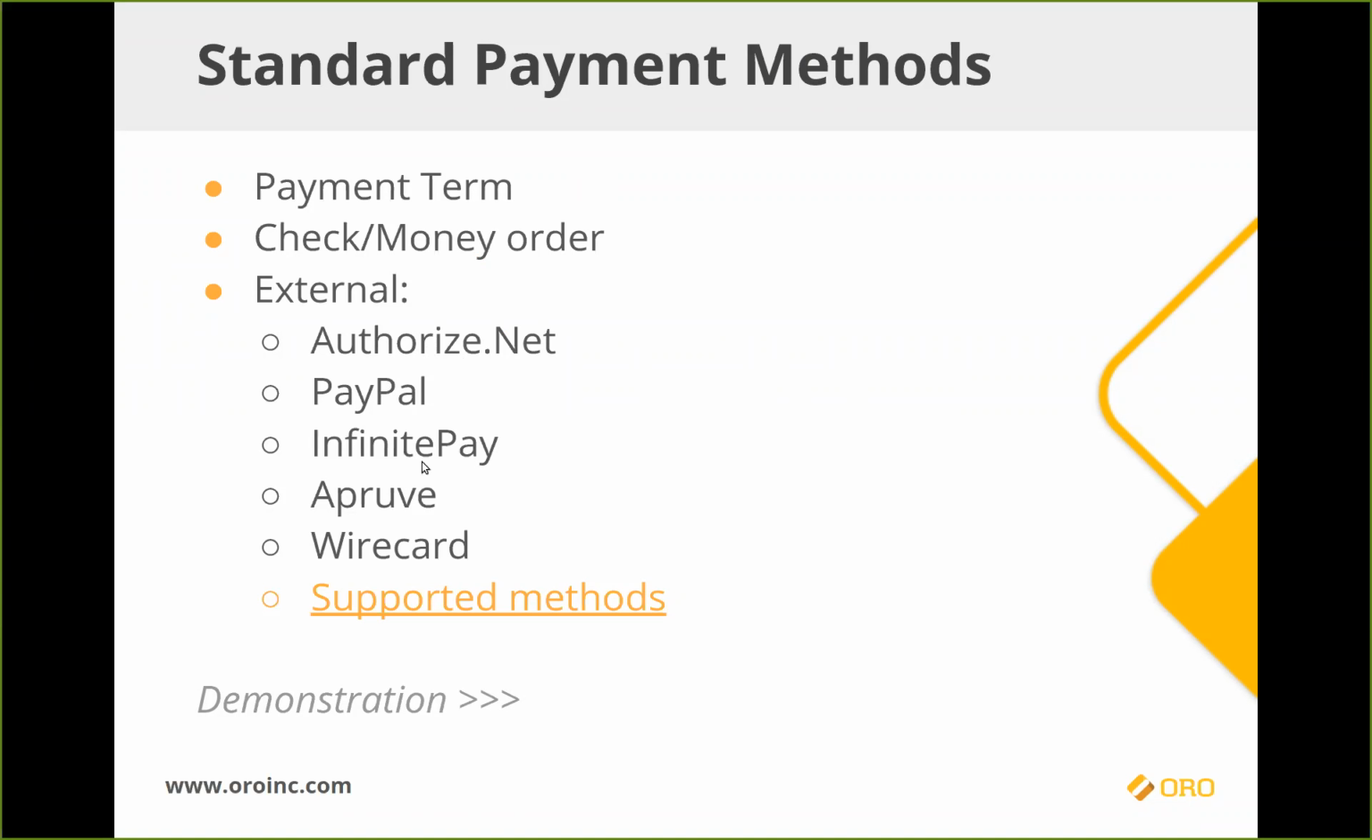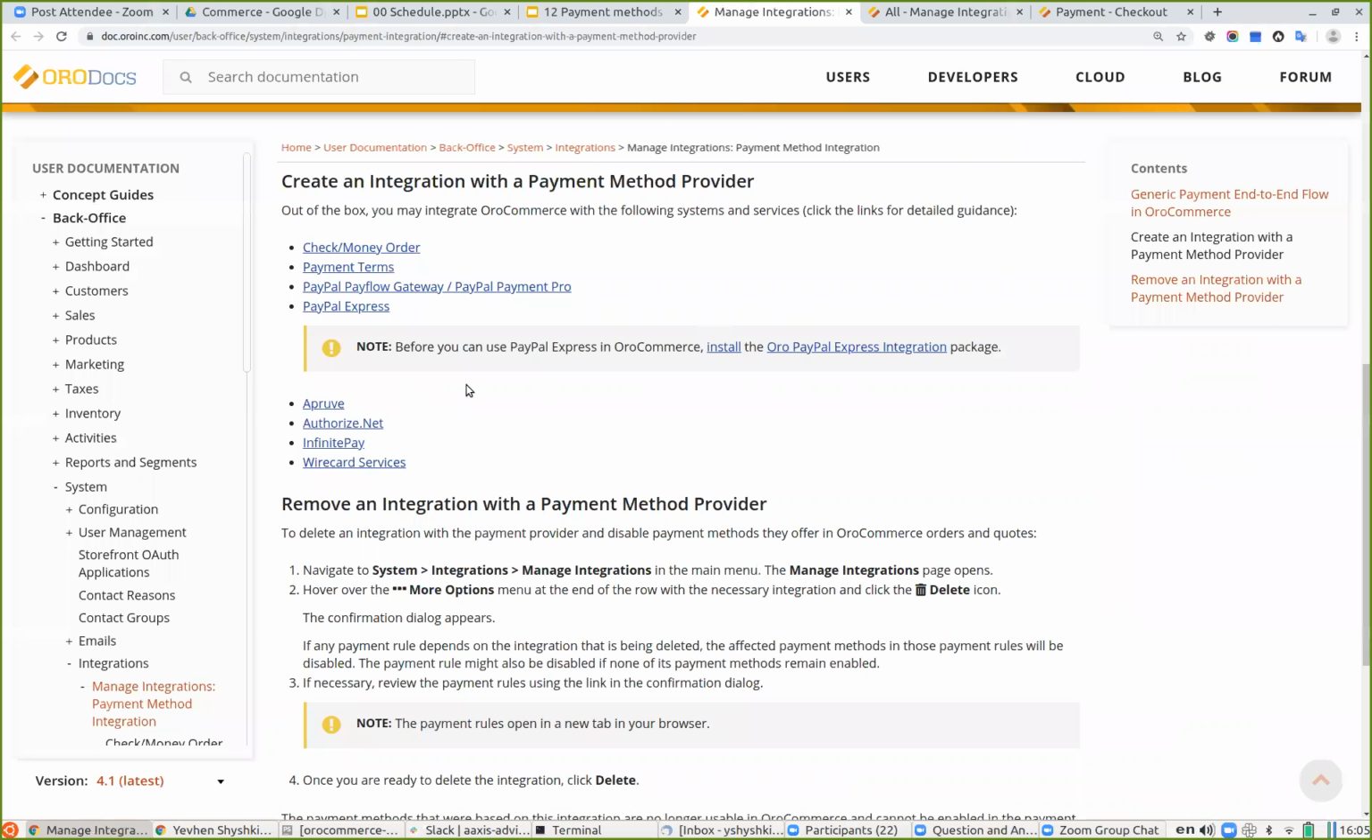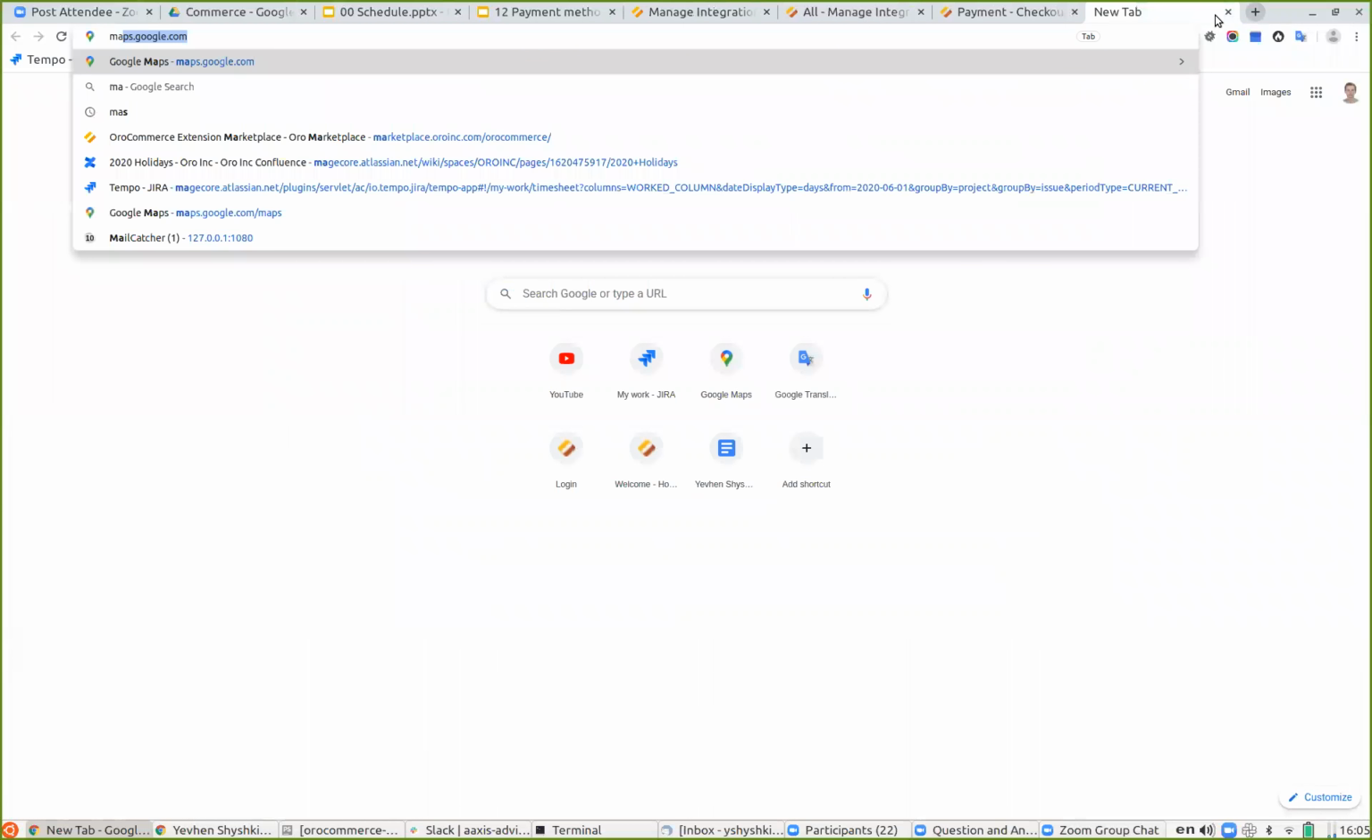We also have quite a lot of additional extensions, which you may install from the Oro marketplace and enable in the system configuration. Just in case, first, you can go check the documentation. You may check the list of the methods we support out of the box. These are PayPal methods, Apruve, Authorize.net and Paid wildcards methods. And you can always go to the marketplace,